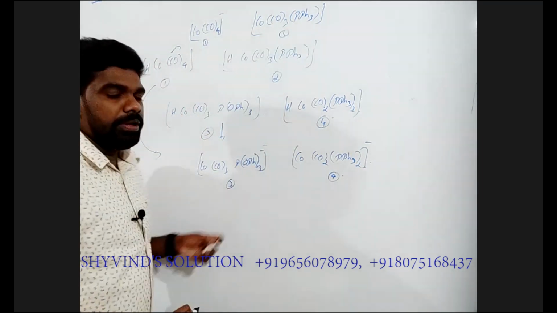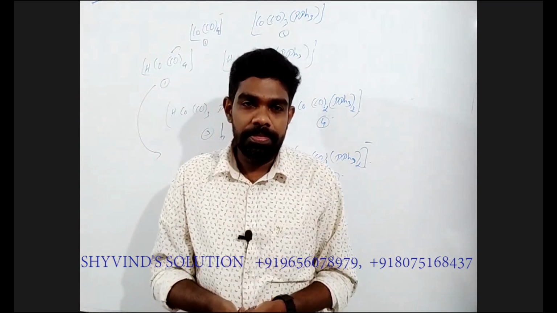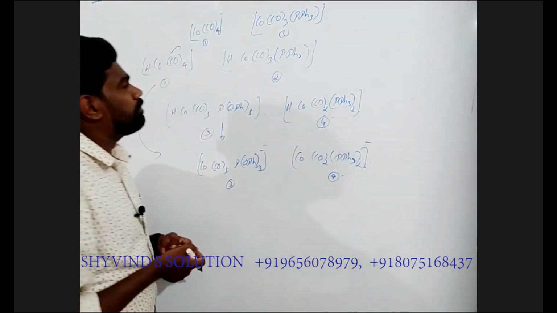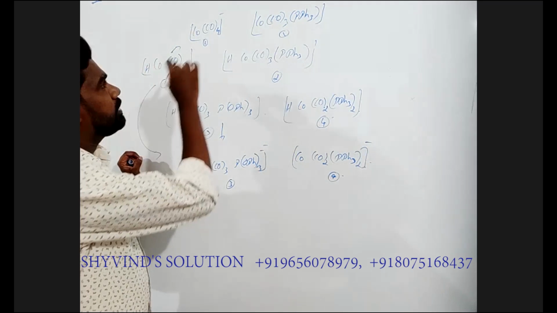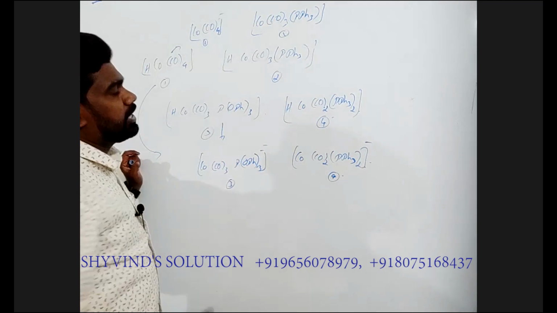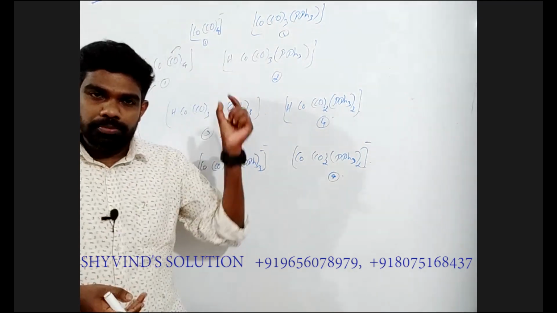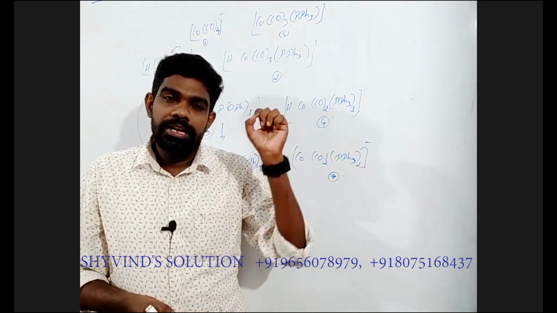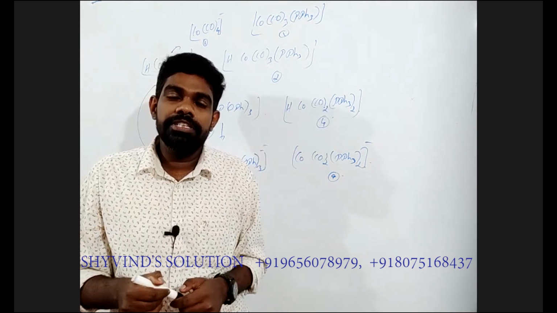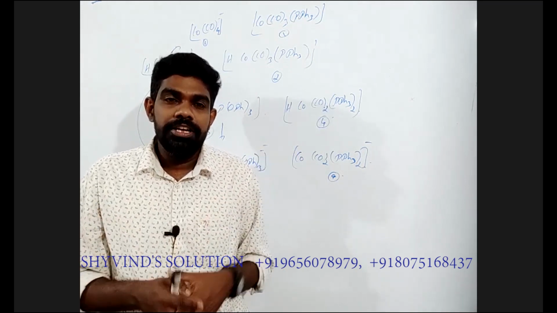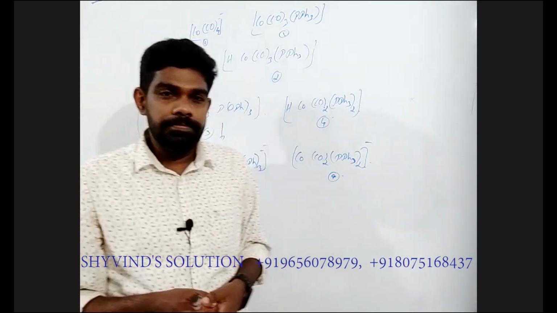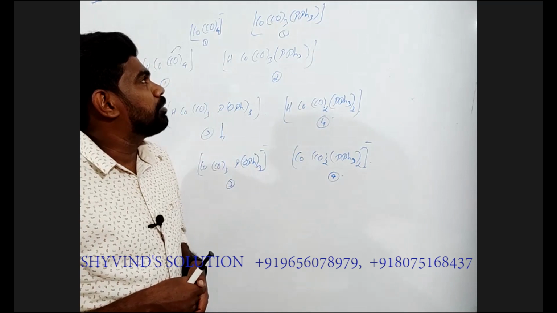So what makes this anion more stable? That is the question with us. So how can we find out? The idea is the molecule which stabilizes this extra minus charge is more stable. The molecule is charged, and the molecule which can accommodate that minus charge easily is more stable. The charge density of that molecule should be less. So how can we find out?